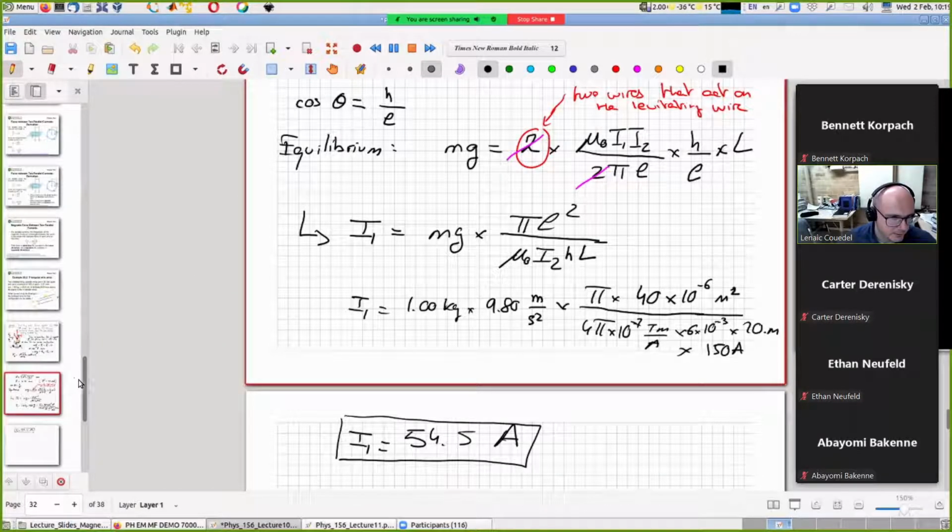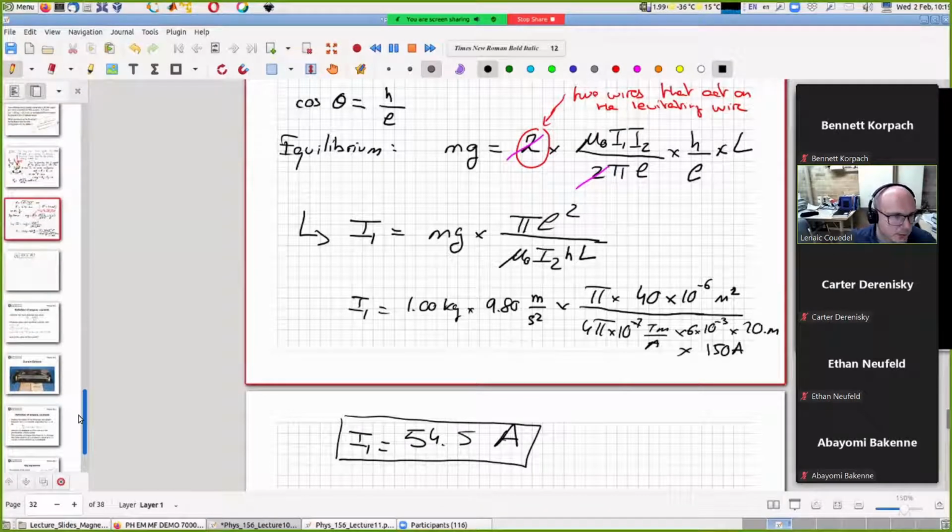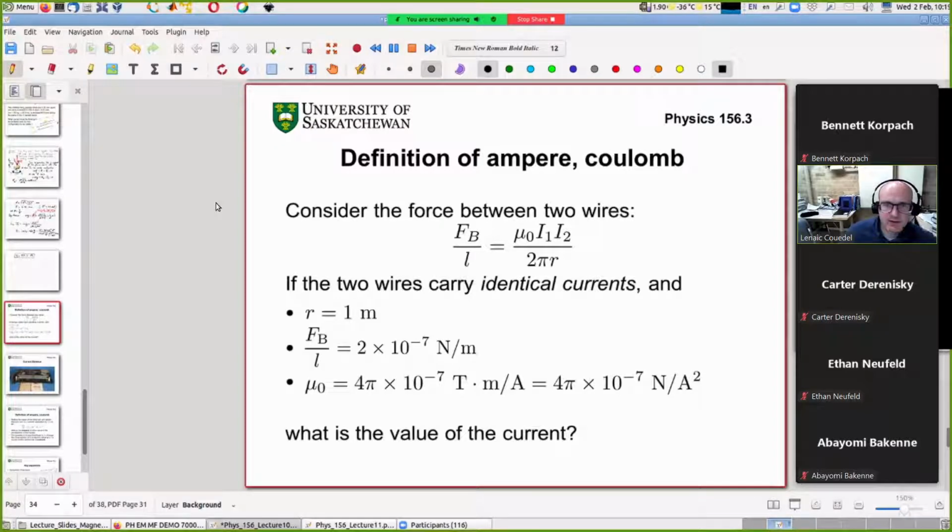All right, so let's wrap up the first part of chapter 29. So this force between two wires can actually be used to define amperes and coulombs, which are international units. So if you consider the force between two wires, that's the formula we've been using. So the force per unit length is Fb divided by L equal mu 0 I1 I2 divided by 2 pi R. So if we consider wire carrying identical currents and we take a length of 1 meter,